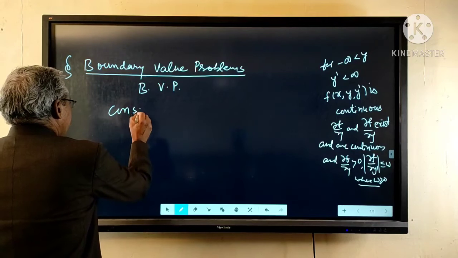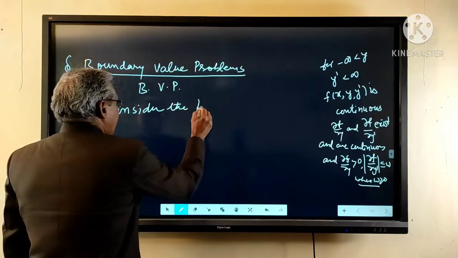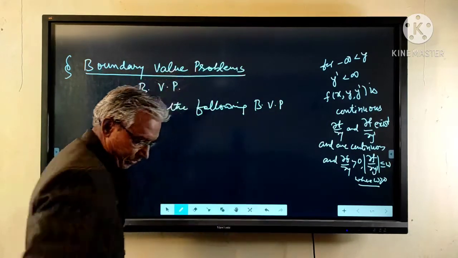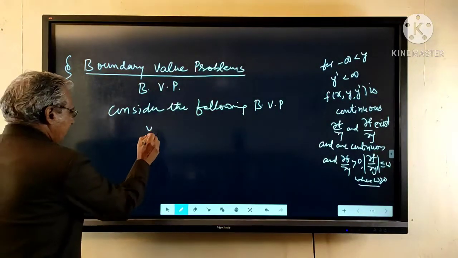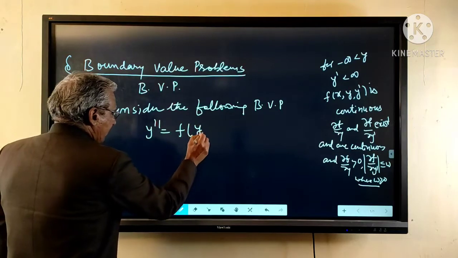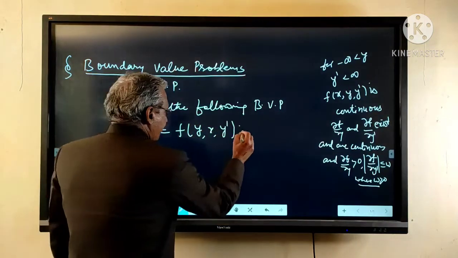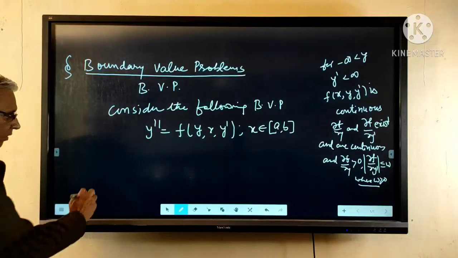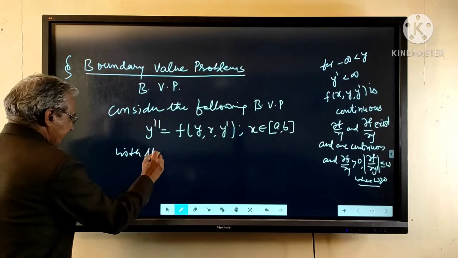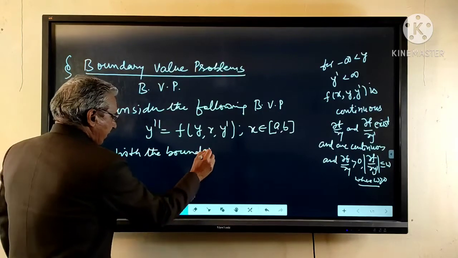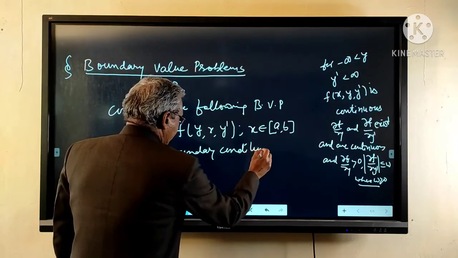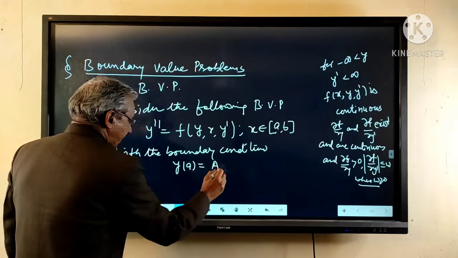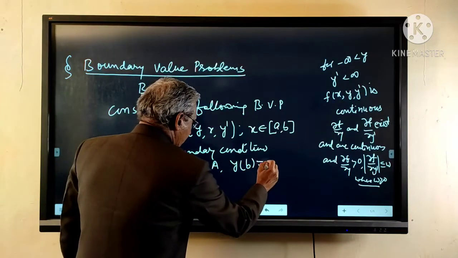We consider the following boundary value problem: y double dash equals f of x, y, y dash, where x belongs to the closed interval [a, b], with the boundary conditions: when x equals a, y equals α, and when x equals b, y equals β,